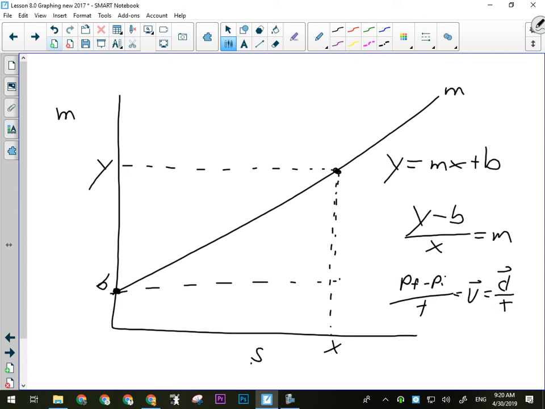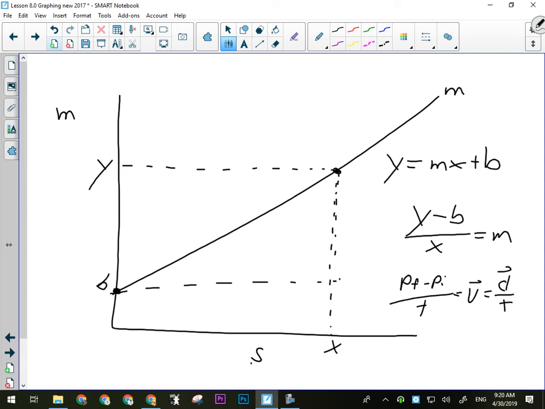That's where we get v equals d over t from. V equals d over t is the slope of the line on a distance or position versus time graph. We haven't gone over position versus time graphs yet, but that's where that formula comes from. It's just a manipulation of the slope formula. All right, so we're going to look at how we use this in a little bit, but first